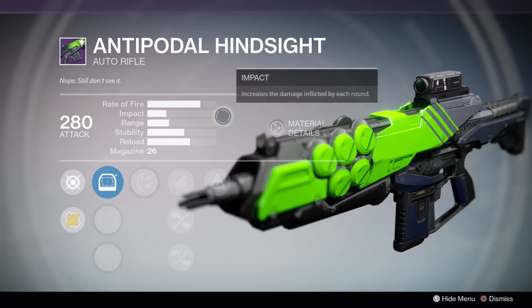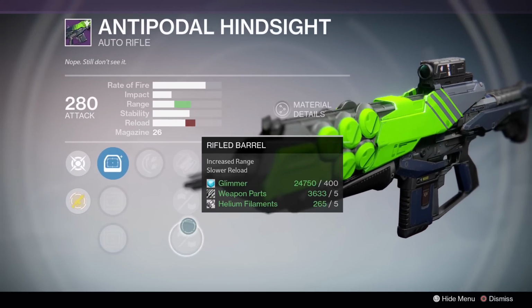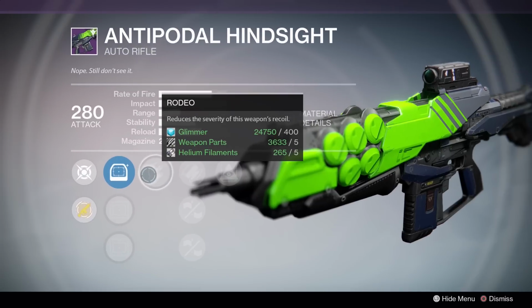Antipodal Hindsight, higher impact variety of auto rifles. Again, we have Hidden Hand, fitted stock, injection mold, rifled barrel to up the range some. Rodeo,